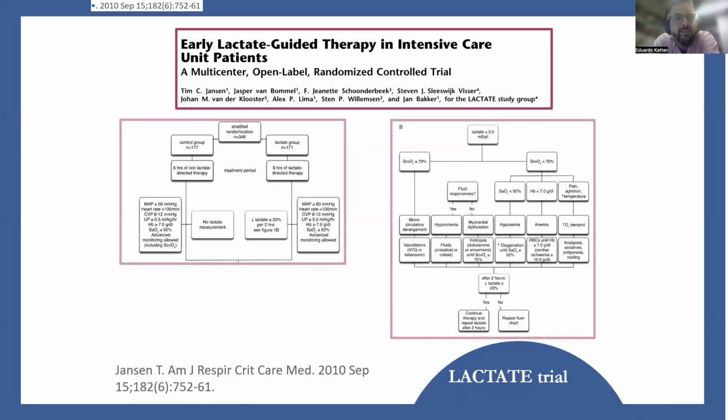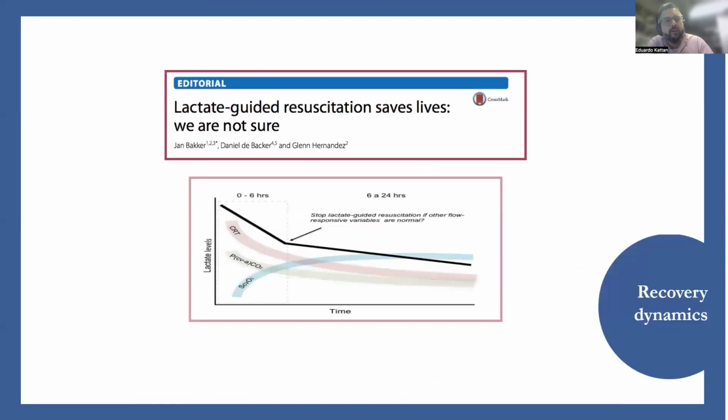And in 2010, Tim Jansen and Jan Bakker published the early lactate-guided therapy, where now the hierarchical variable was lactate decrease or lactate normalization. And the macrocirculatory interventions, fluids, vasopressors, inotropes, et cetera, focused on normalizing or decreasing lactate. So at this moment, this was taken by the Surviving Sepsis Campaign, and lactate was the holy grail of the marker of tissue perfusion. Yet,